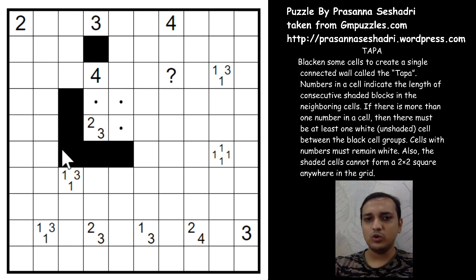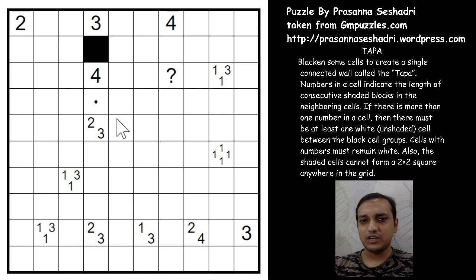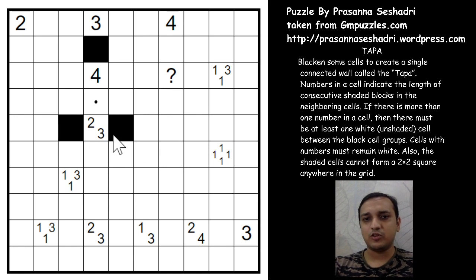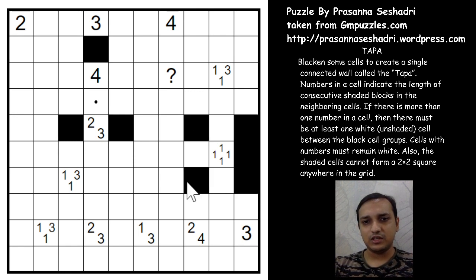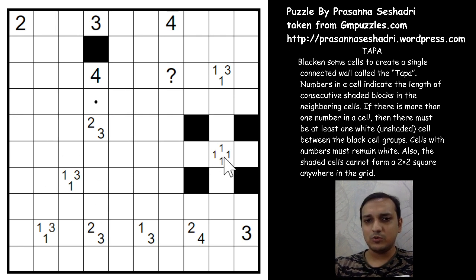Then you cannot shade 2 and 3 cells and have a white cell in between to differentiate that. So from a white cell, from an unshaded cell, the second cell will always be a shaded cell for a 2 and 3, right? So for 1 1 we already have this case. Many of us actually forget to see the same case for 1 1 3. So if you saw for 1 1 1 1, the same case happens for 1 1 and 3.